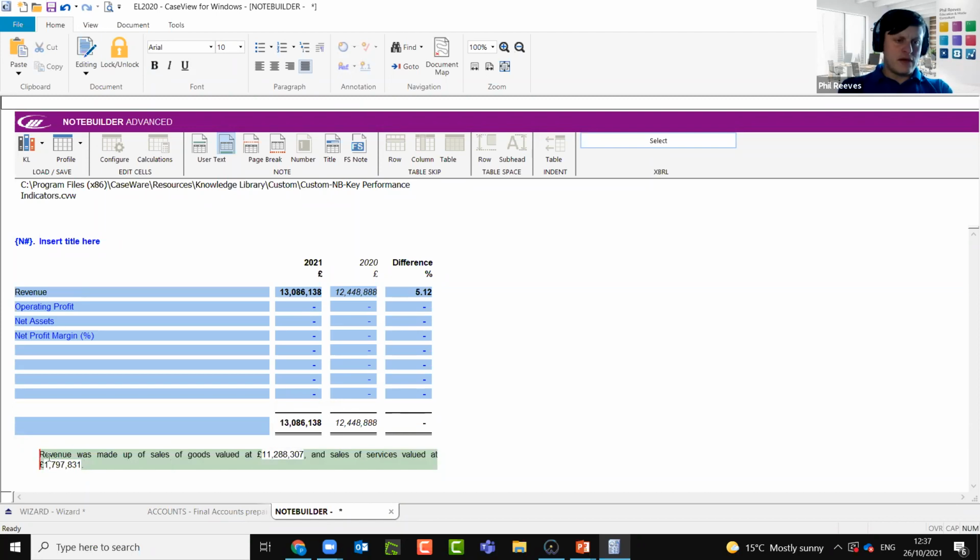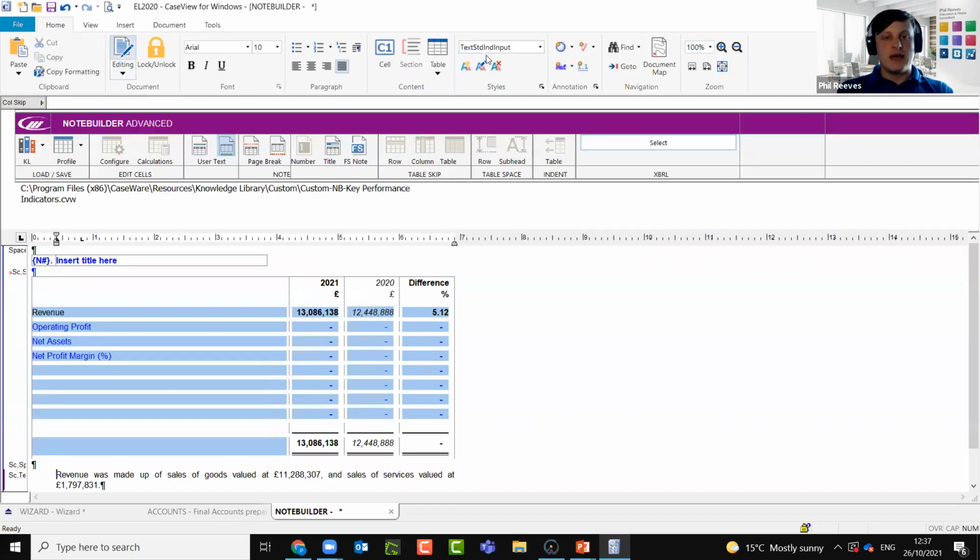Just before we go, if you are creating a note for the strategic report or the director's report, again, as I've already mentioned, we had to reduce the indent on the table. We'll also need to reduce the indent on the text section. So to do that, we go back into enable editing. And at the top here, where we've got the style, where it says text standard IND for indent, IMP for input, we just want to change that. Change the drop down to text standard input, and you can see that reduces the